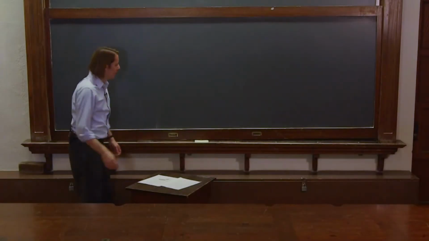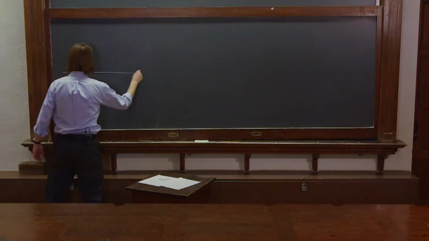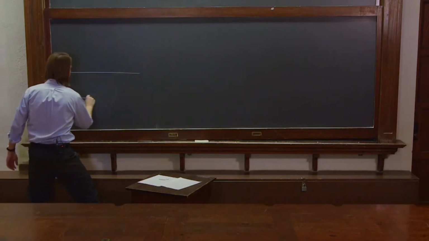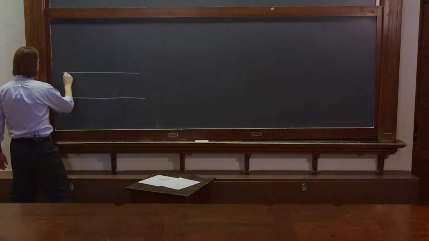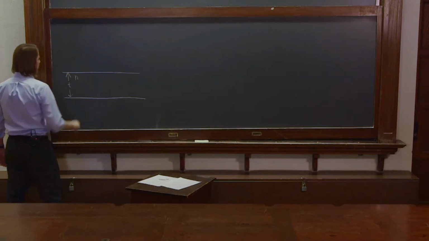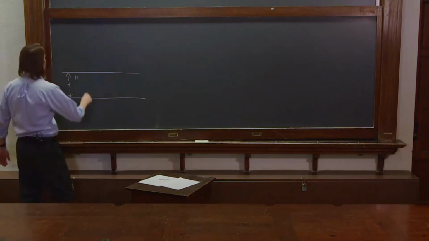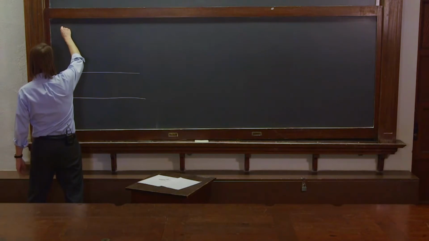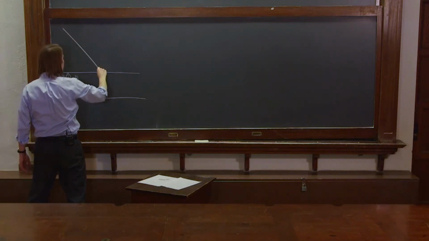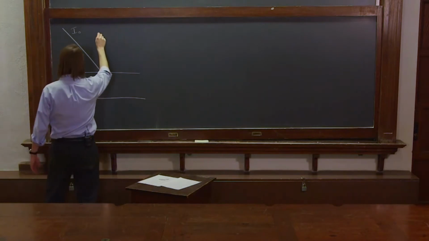Allow me to draw the dielectric slab again. So here it is, and its properties are it has a thickness T, like that, and it has an index N. And we'll assume we're in air and that the index outside is 1. So if we have a plane wave come in with irradiance I naught, and it comes in